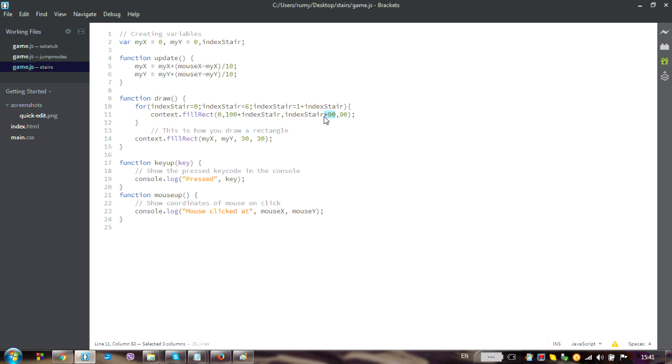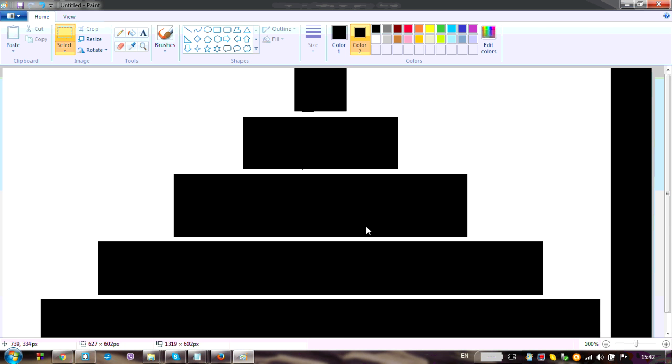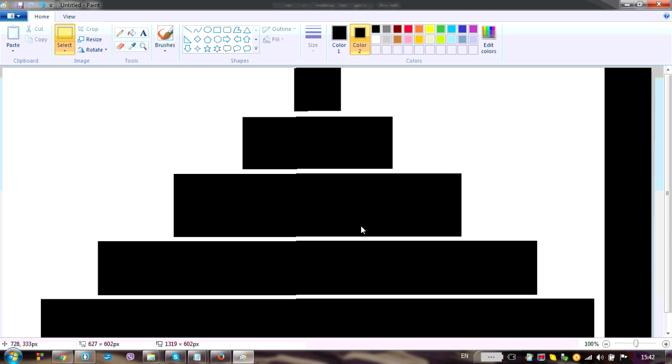Try to think of a nice way to fix this, and when you are ready, I have a much more horrible task for you. Can you make a stair just like this one? I'm really not sure exactly what stairs I want you to do. Perhaps the top stair can be just a single square